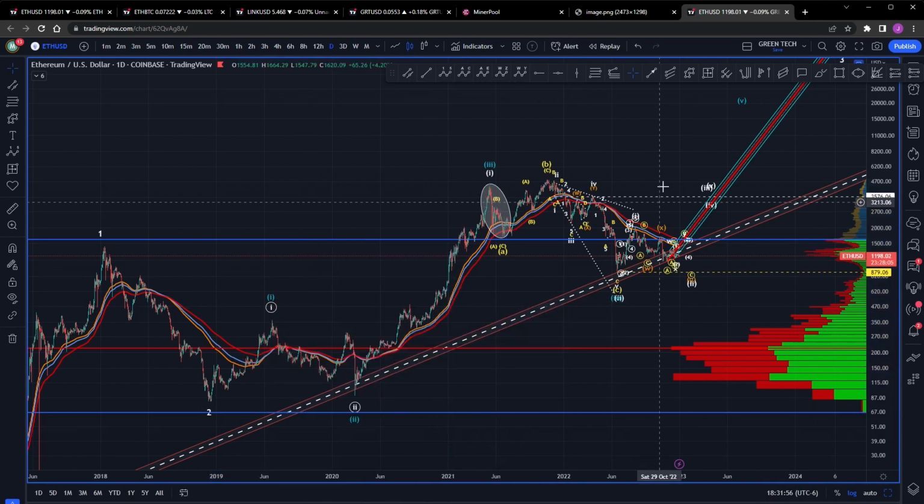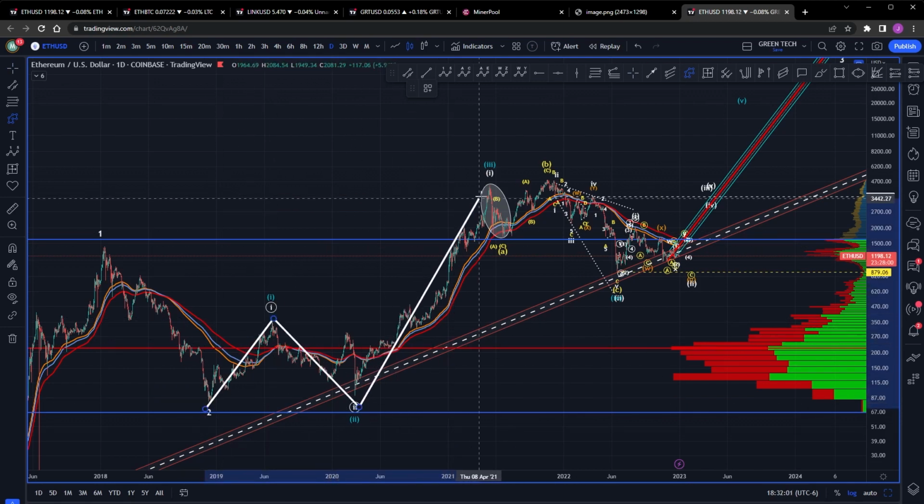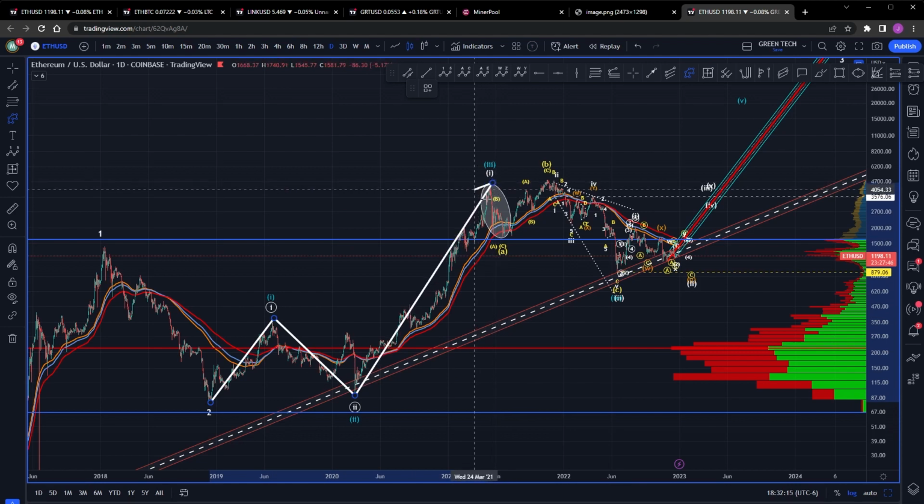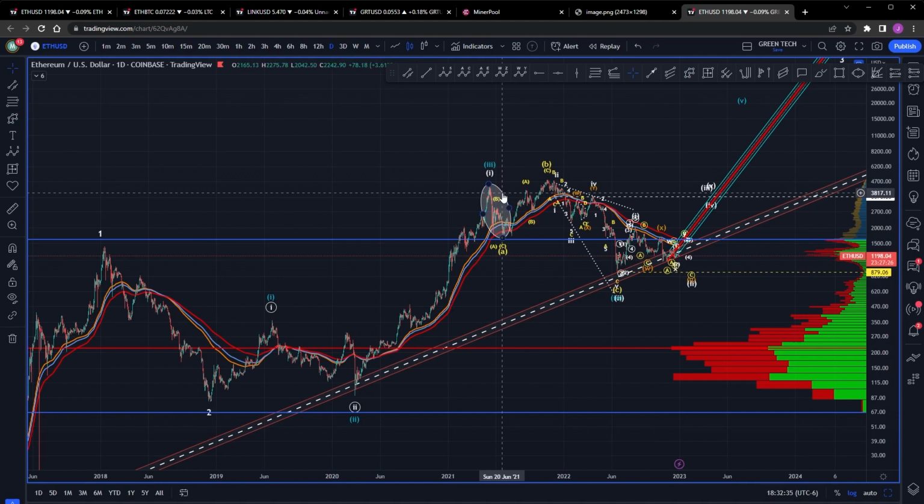So my next thought process is, okay, well, 1, 2, as I said, 3. Now we're putting the 4. Wait, no, 5. That's 1. Or, and this is where things could get super fun: 1, 2, 1. And now we have gone into a flat for a 2, for another 2. If it's really time for Ethereum to do the flippening because it is real, maybe we're going to see some gigantic move come from Ethereum. Don't know. Gonna have to wait and see how it all plays out, right?